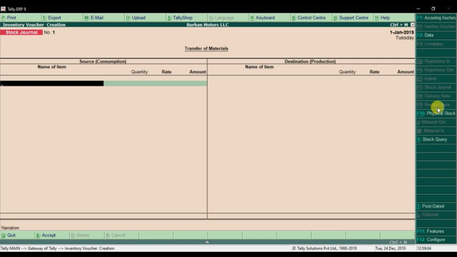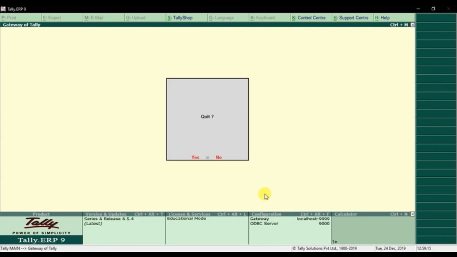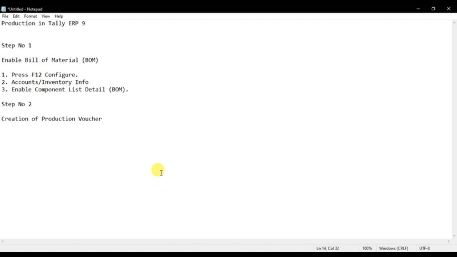So we need to create, our second step is what? Then we need to create a production voucher or manufacturing voucher, or you can name it assembly voucher, right? So that is our second step. Listen, look here first, please. That is what we need to create, creation of production voucher, right? So the step is what? You need to go to inventory info first, right? Inventory info first. After the inventory info, you need to go to voucher type,